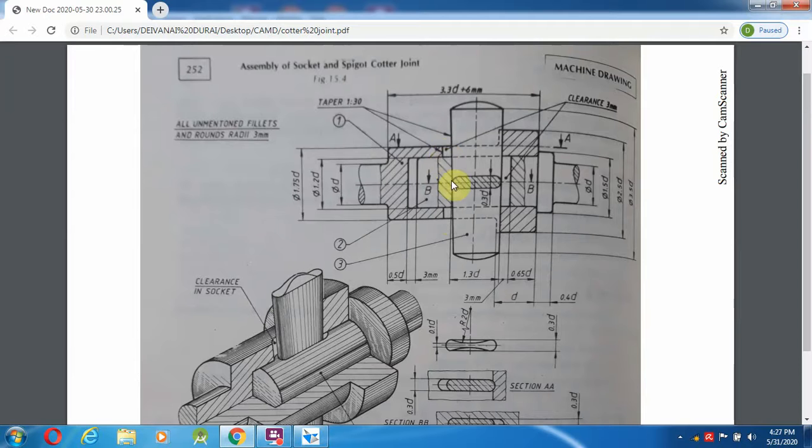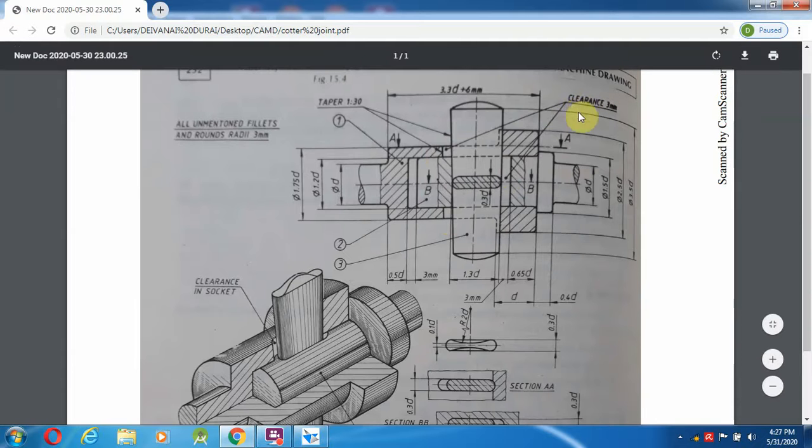To create those lines, they have given a clearance of 3 mm. So I am going to find the length from here to this, as well as from here to this.